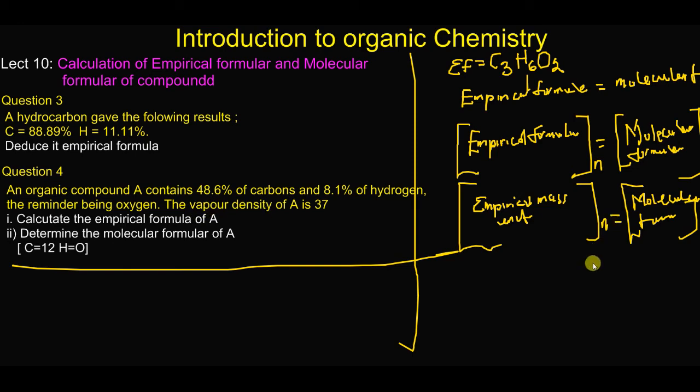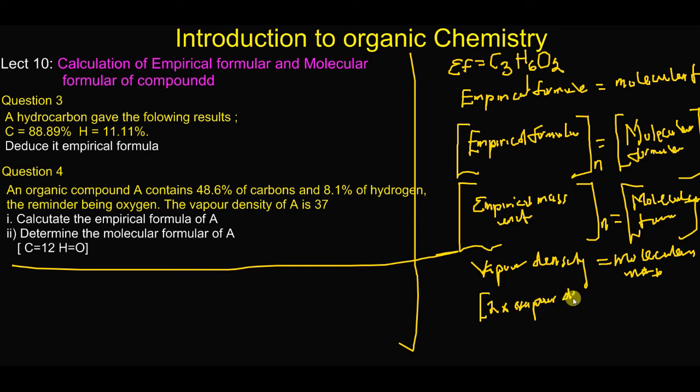vapor density. Now vapor density is related to molecular mass, so you should know that. Vapor density is related to the molecular formula and molecular mass. What do I mean by that? When you multiply vapor density by 2,